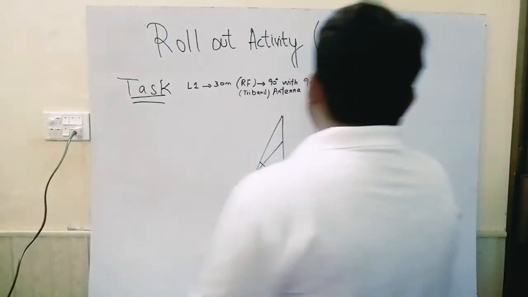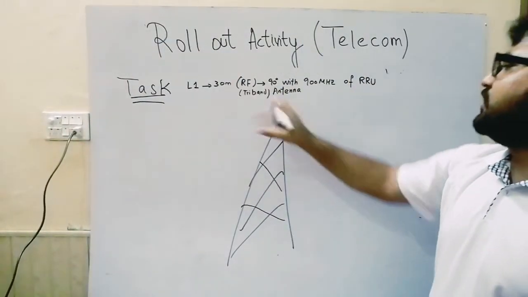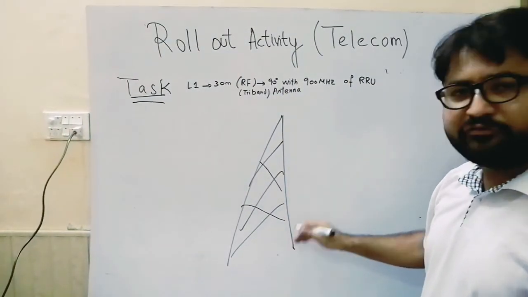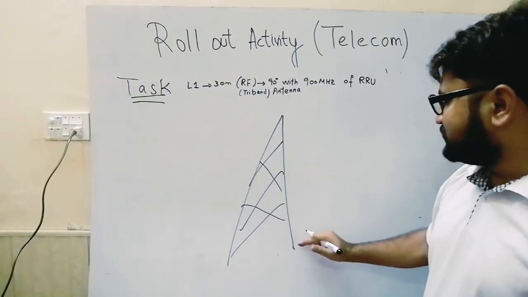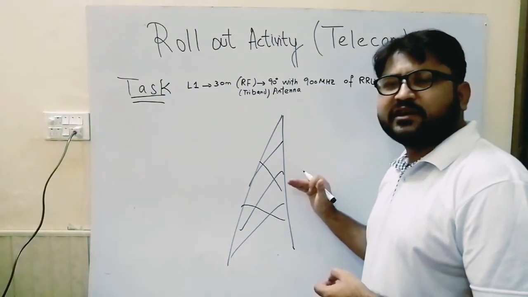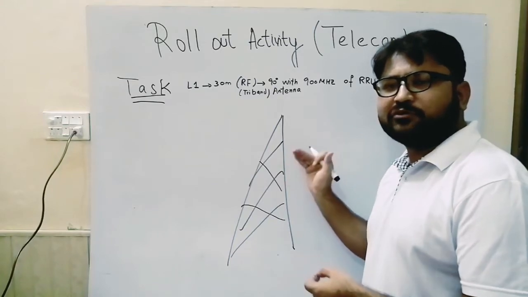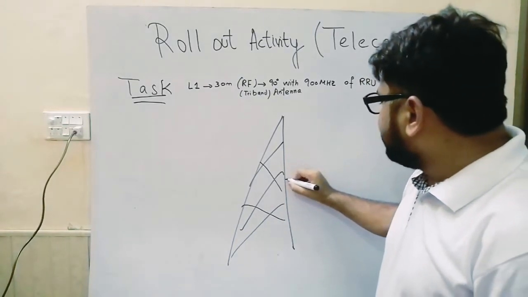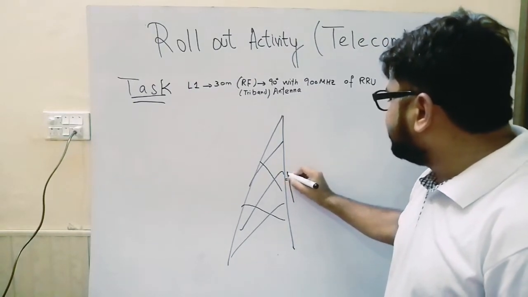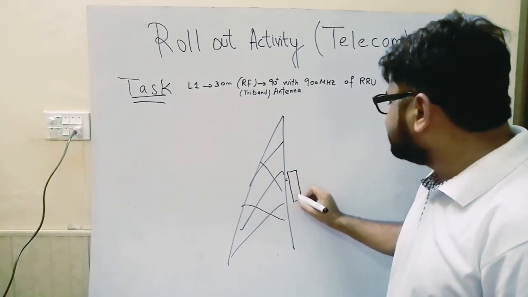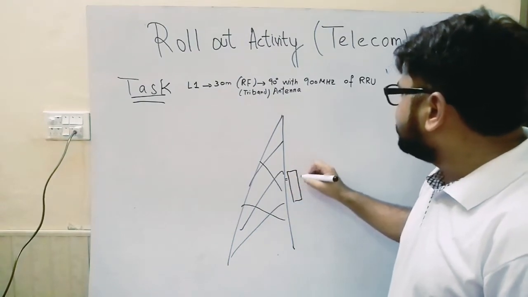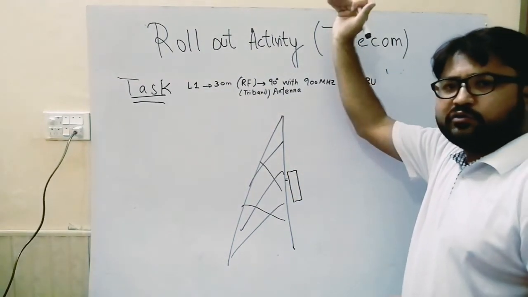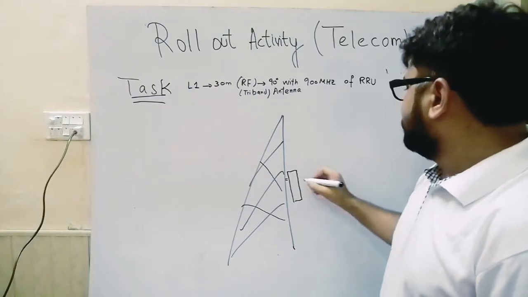So I am going to start from leg 1. For the leg 1 data at 30 meter, you calculate from the tower joints. The first joint is at 5 meter, the next is at 10 meter, the third is 15 and the fourth is 20. After 6 joints, that height will be calculated as 30 meter. Suppose this is your 6th joint, and with the help of the joints you can calculate the tower height.